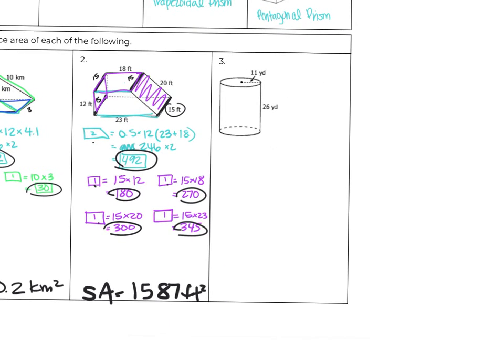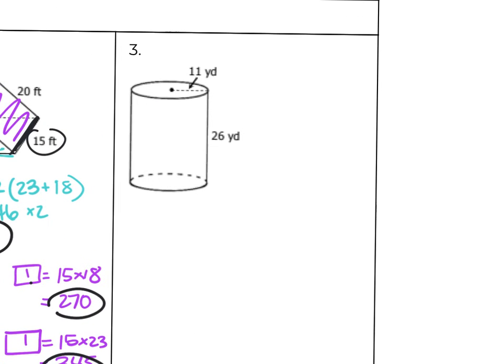Okay. All right, what is different on 3? What shape is this? Cylinder. Okay, and this is probably your longest formula. So if you need to look at the top, if you did not get the top formula filled in, remember it's always on the back as well. Okay, so surface area, SA, equals,